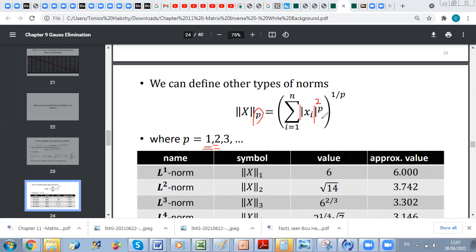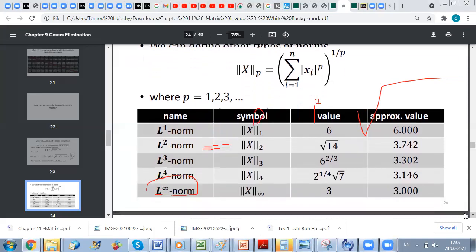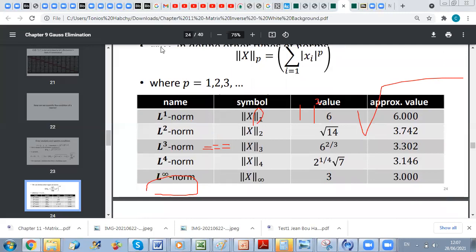And then once you do the addition, at the end you raise the whole term to the power 1 over p. So when p is equal to 2, you get the radical that you are familiar with, radical a squared plus b squared plus c squared, etc. And you can define norms with different indices, but the most common ones are L1 and L2, and you are already familiar with L2. And L infinity will just be